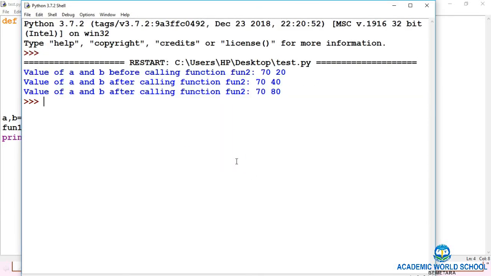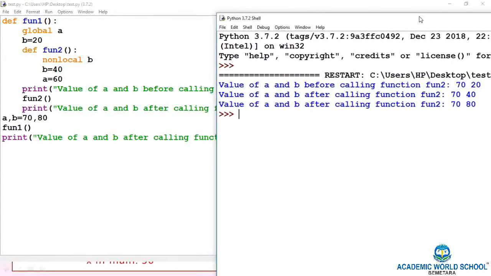When the function 1 is called, first of all the value of A and B is 70 and 80. Function 1 is called, the A is working as a global variable, B is working as a local variable. But when fun1 is before calling function fun2, the value of A is 70 and value of B is 20.